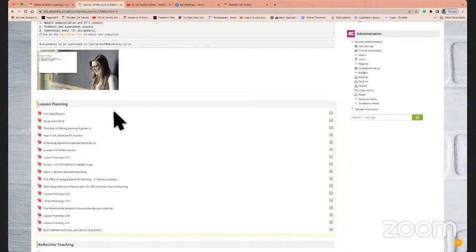Now, when you look at the content and the layout of the units, what you will generally see as the documents will be more or less PDF documents, and sometimes we'll also have Microsoft PowerPoint documents and Microsoft Word documents. Now, there are lots of templates. As you know, this is a teaching qualification. So here we are teaching you the tools and techniques to be able to teach effectively using this qualification and the skills that you gain within this qualification.